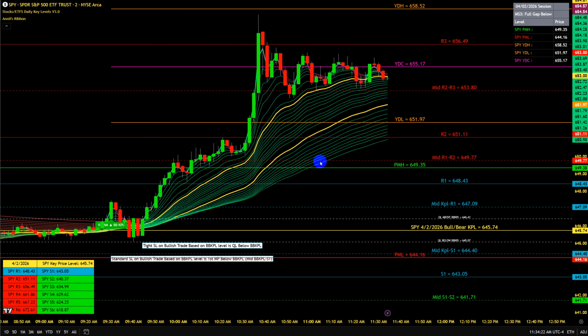We'll first take a look at the three normal option plays. One was a $3.22 entry, which turned into $11.56. The second was a $2.62 entry to $10.67, and the third was a $2.09 entry to $9.78. Lastly, we'll take a look at two early session lotto option plays. One was a 91 cents entry that went to $7.26, and the final one was a 66 cents entry that went to